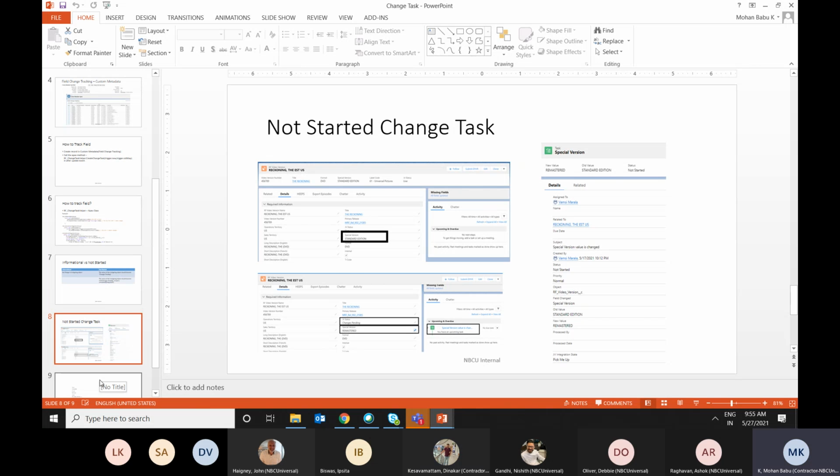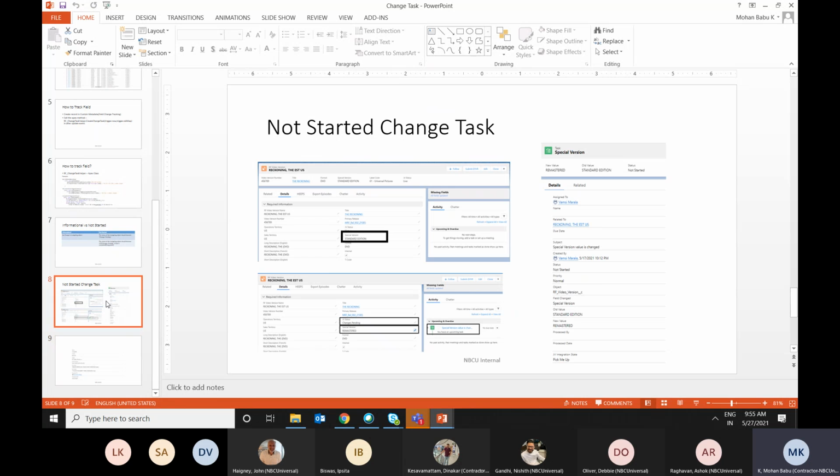Yeah, here one thing you can understand, see, now we have the old value as standard edition, new value as remastered. Okay. This status is not known by the JV. They have not seen this update. Now we have updated from remastered to special edition. So only this task they can pick up. I mean, they want only the new value, from what it has been updated, the old value and the new value.